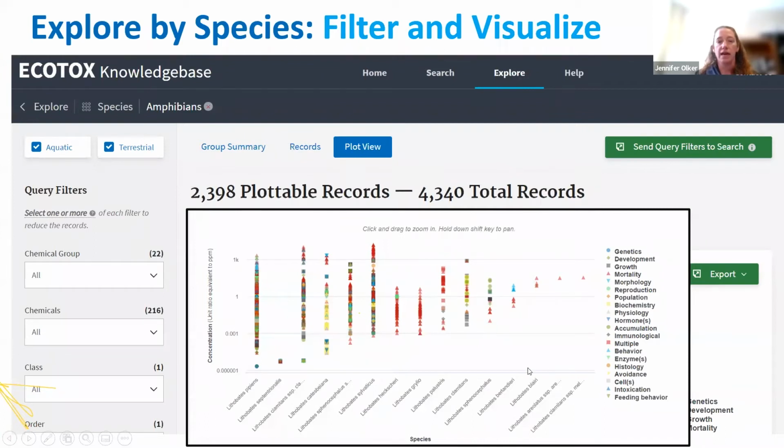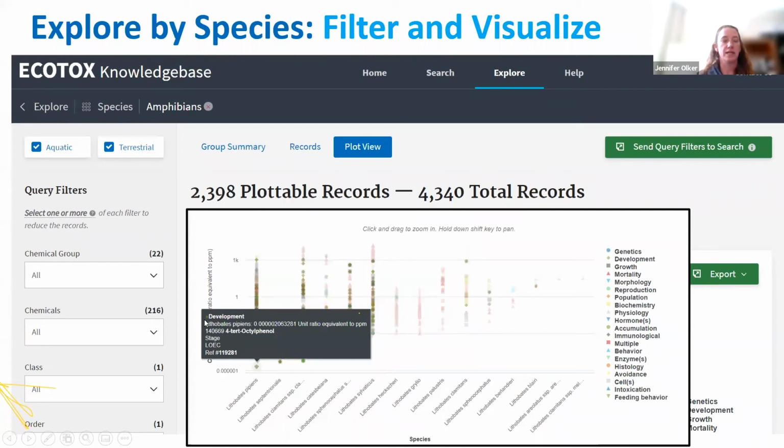And then on the x-axis, I had done the custom plot option to put the species down here and to put the general effect group as the legend, so the different color and shape. And each of these is a record in ECOTOX associated with a concentration, an effect group, an effect measurement, and an endpoint. So if I hover over one of these, I'll see that this one is a development effect that